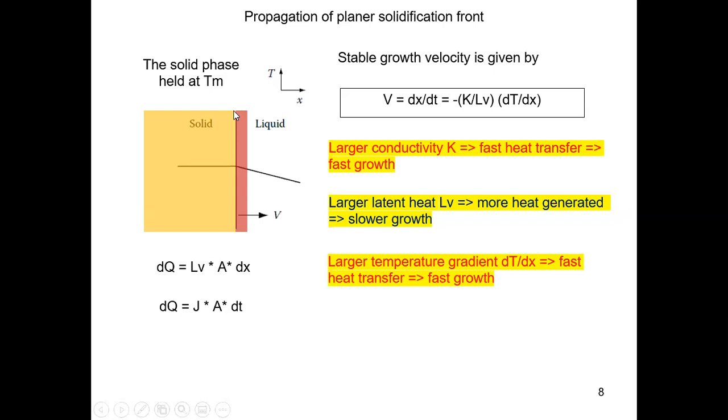And we consider what the factors are that determine the steady state propagation of the solid front, right? Because in these processes we're interested in the growth of the solid, converting or transferring more liquid into the solid, and we consider how the steady state or stable growth velocity v is related to different factors, based on the balance of the heat generated for converting a small region of liquid